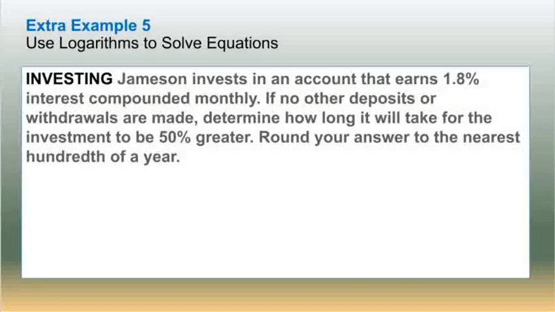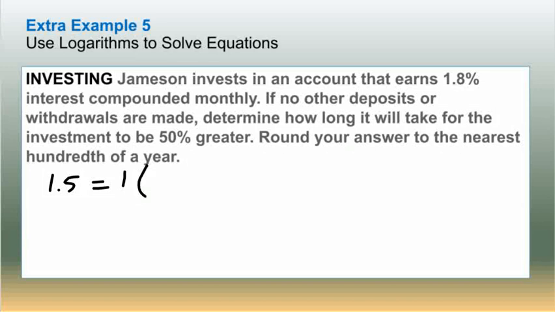And our last one: Jameson invests in an account that earns 1.8% interest compounded monthly. No other deposits or withdrawals are made. Determine how long it would take for the investment to be 50% greater. Round your answer to the nearest hundredth of a year. So it's not completely 2. So 50% greater would be 1.5